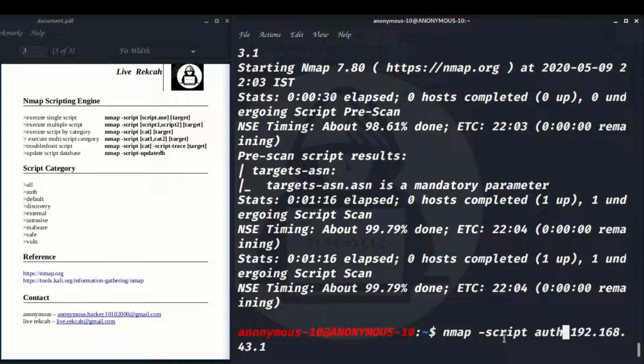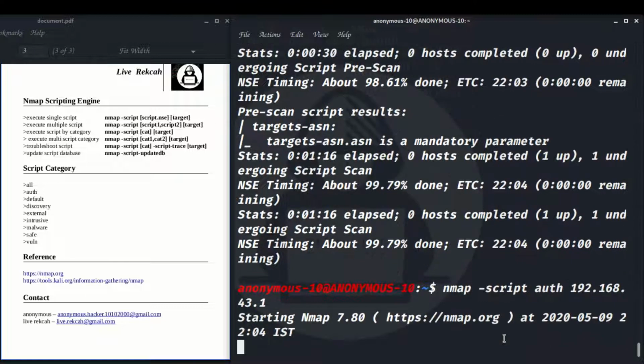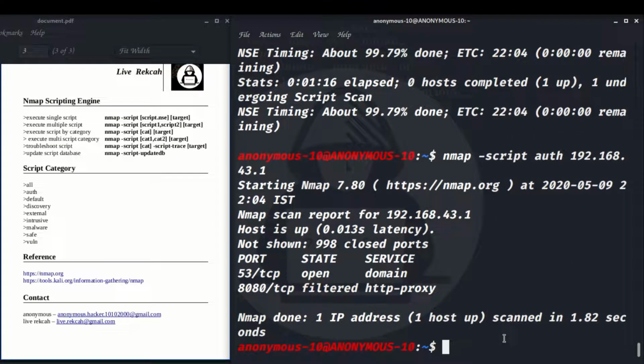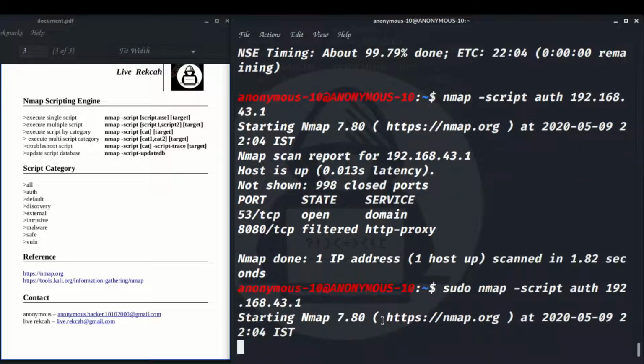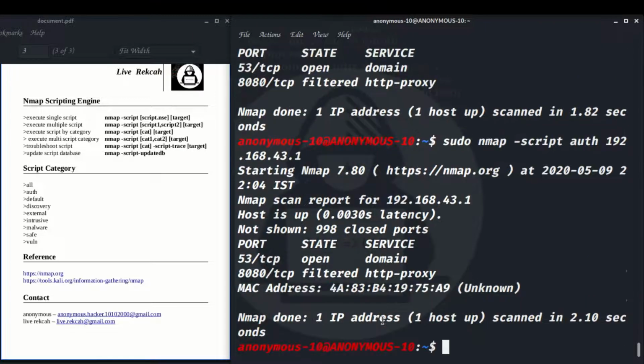Auth is a very good category. It will show whether the system is authenticated or not. I think I need to be a sudo user, it's not showing me the correct result. Sudo.